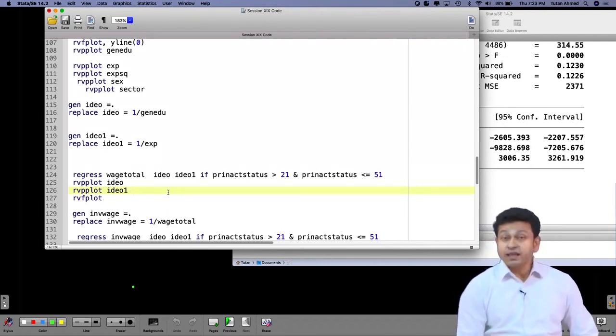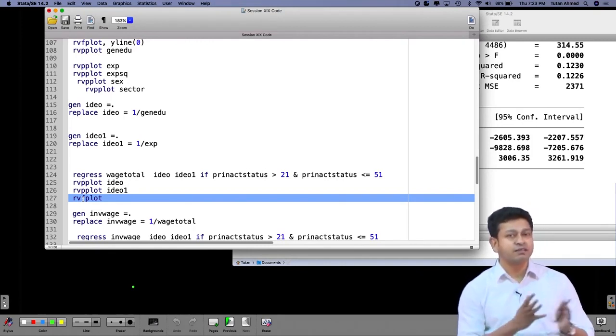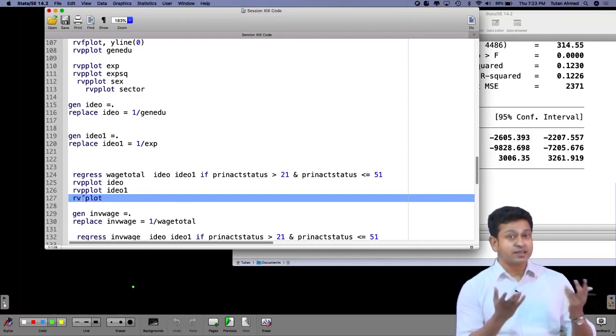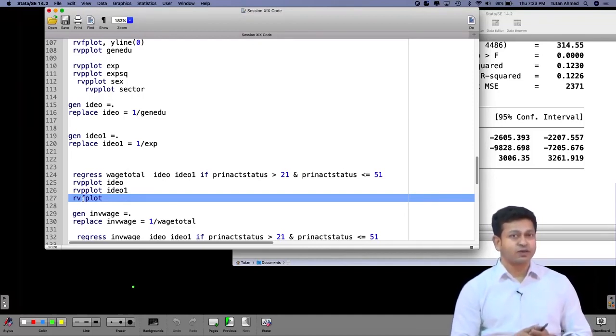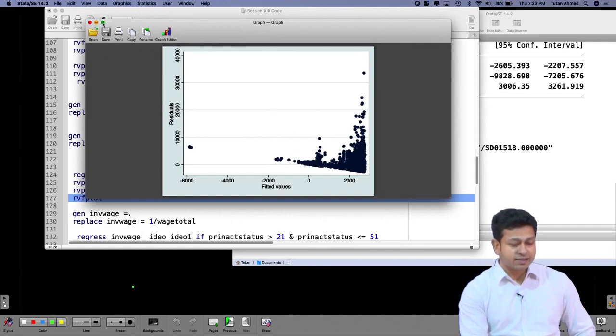You can pause for a moment and think about it. Actually there will be no difference, because in the RVA plot you are plotting the fitted y with the error term. There might be a little bit of change in the fitted value, but the nature of the curve is going to remain the same, because you didn't change any functional form of y. You didn't do log y, or 1 by y. So if I do the RVA plot, we'll get the same sort of